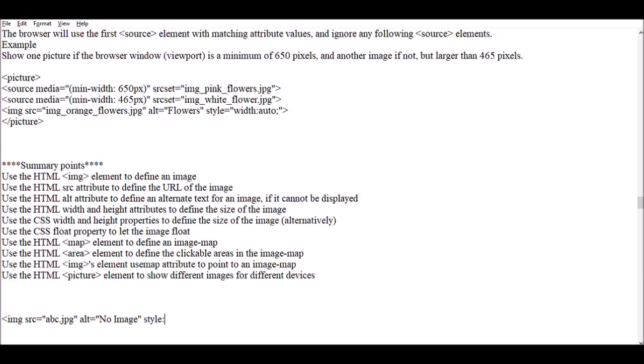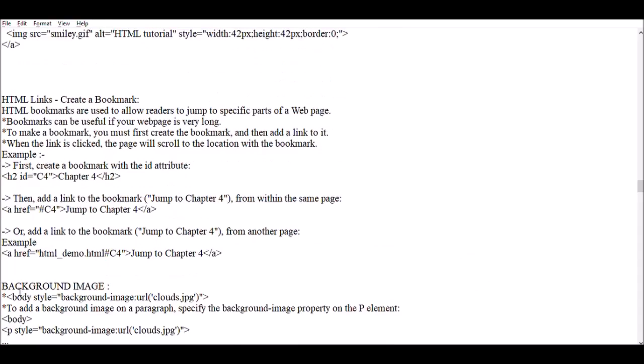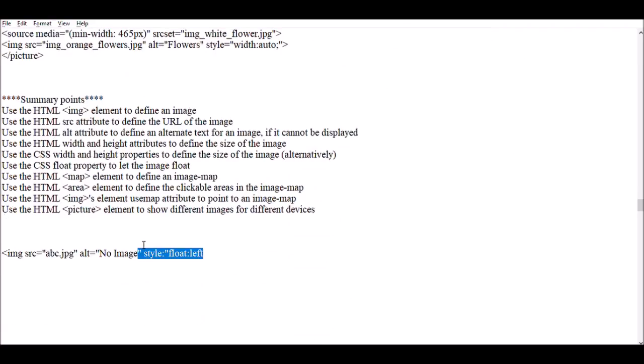You set float with the property left. Style is one of the attributes of the image used for styling with properties, and you also set the float value to left.